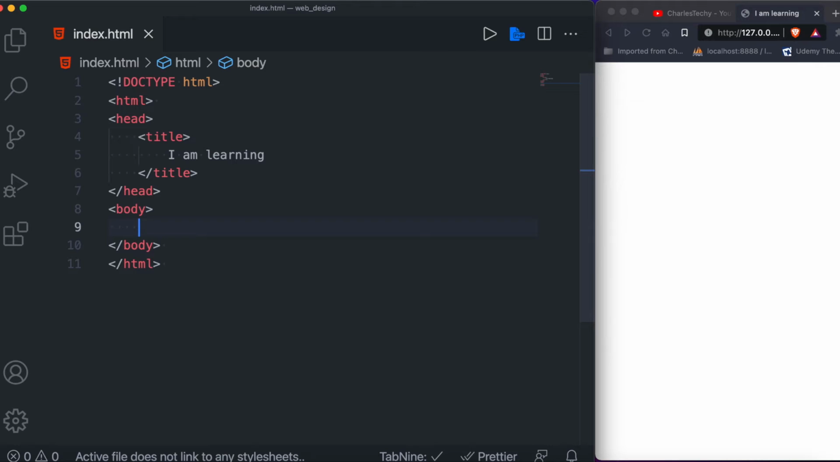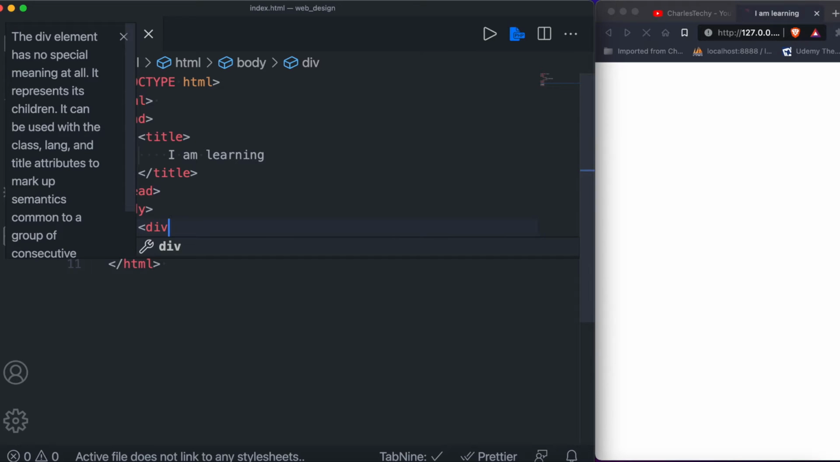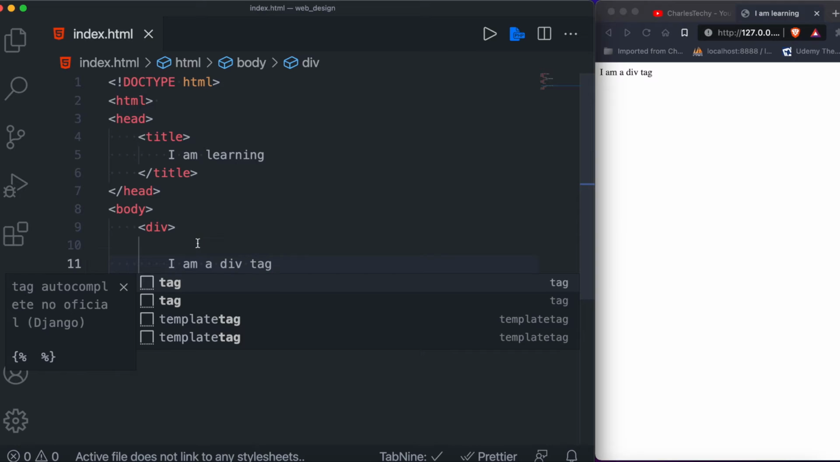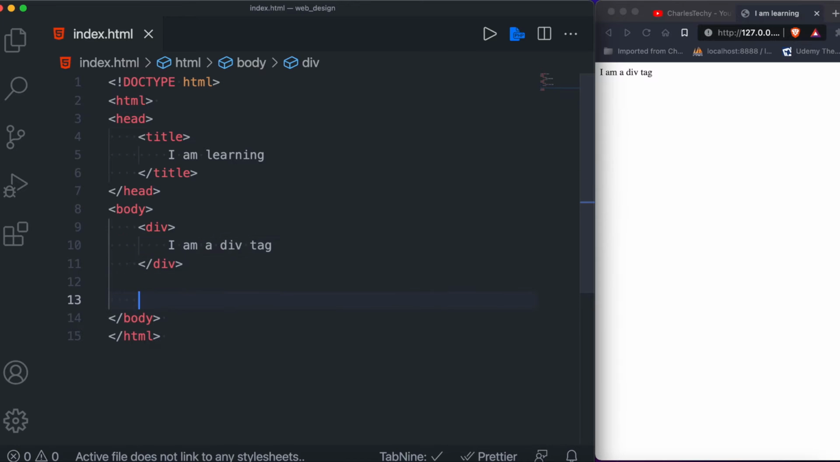The span is an inline element. We have the span and we have the div. The div is a block element. It serves like a container. Let's say I am a div tag. Okay, div tag. So this span,